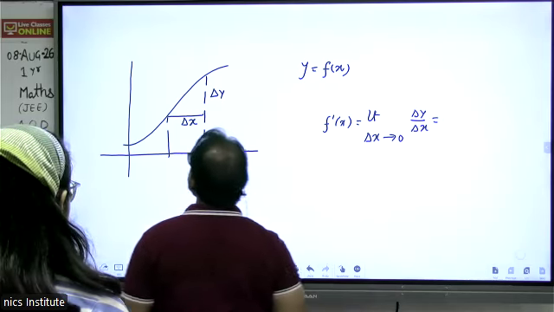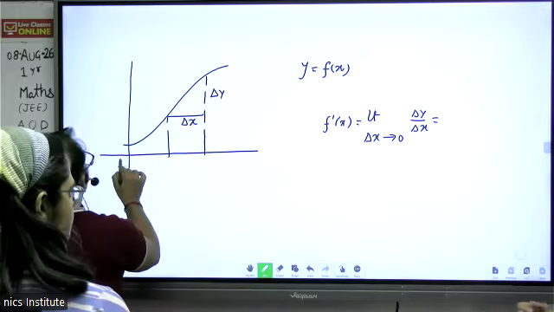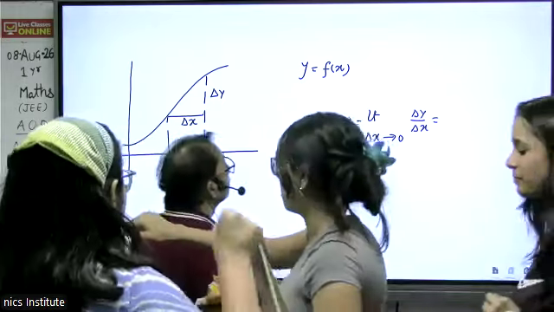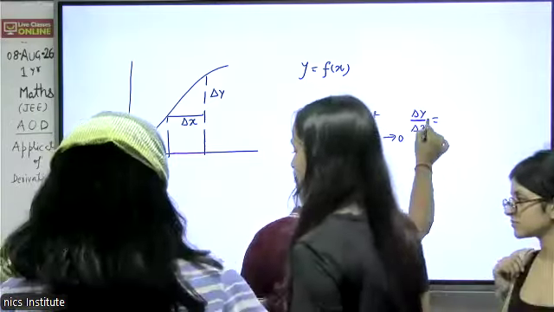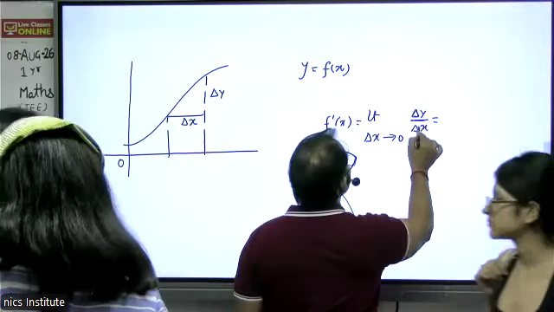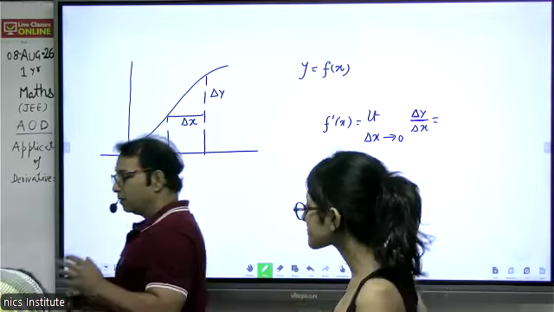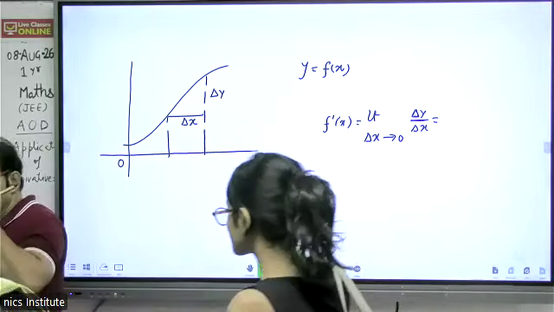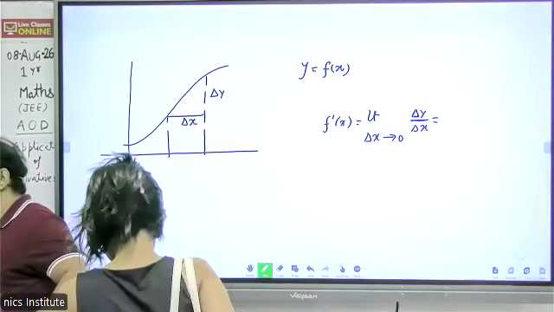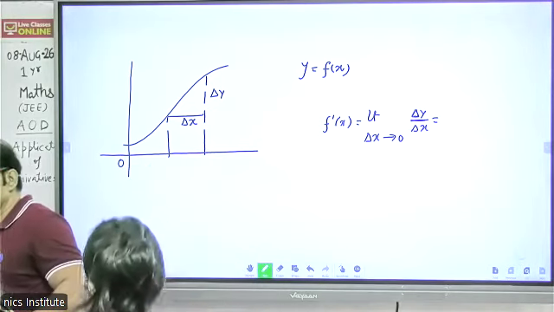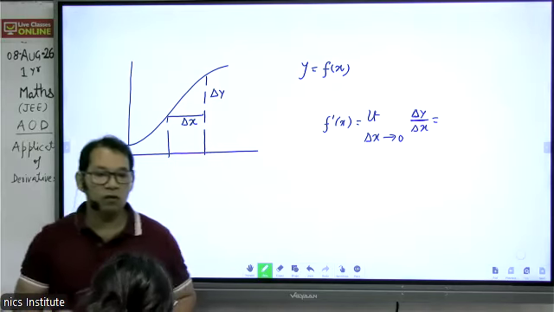So this is derivatives. The change in y with respect to x, when delta x is tending to be small, I mean extremely small, that is nothing but delta y by delta x. So change in one quantity